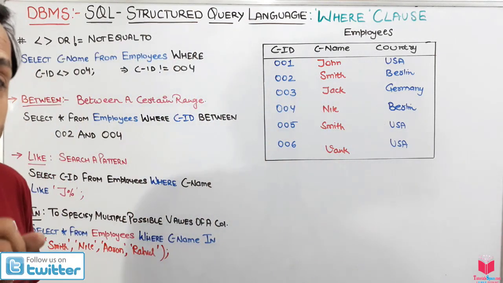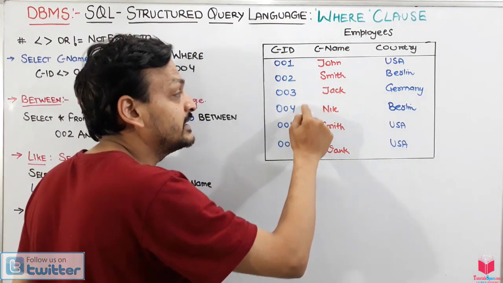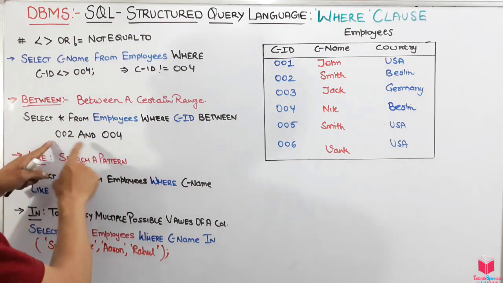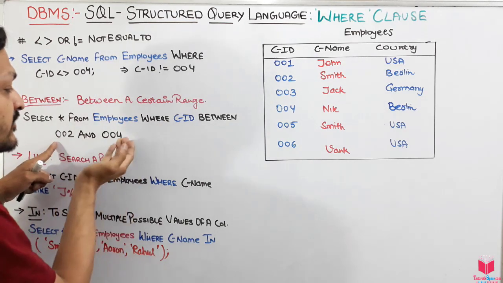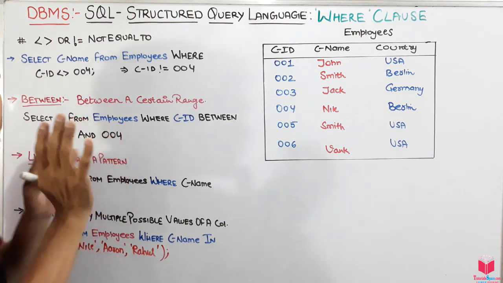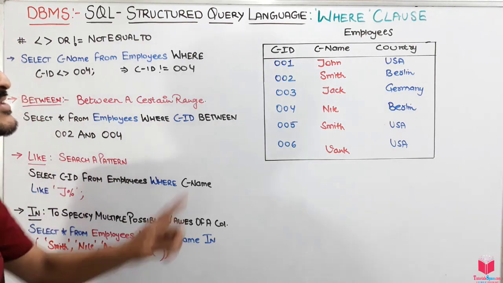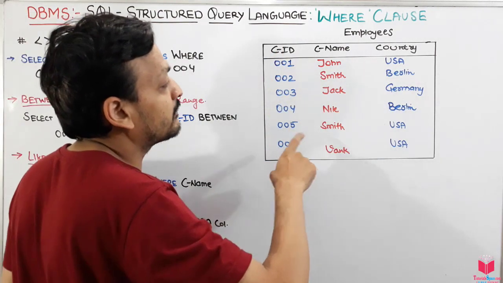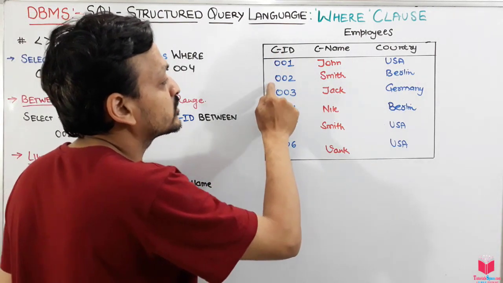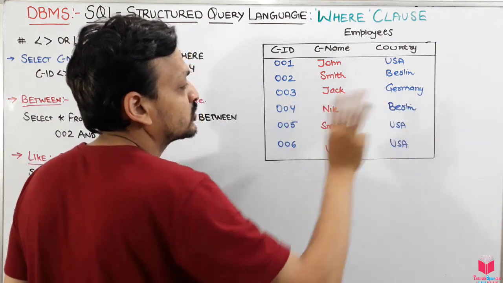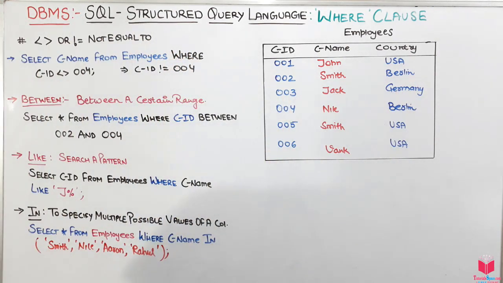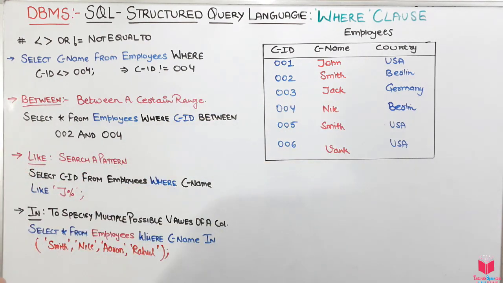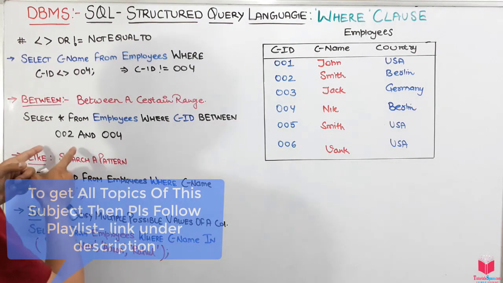No, it's not that. We have to include all these, 002 and 004 also. The range of this is 002, the values after that, and the values before that, everything. Okay, we have to select every column, so every column will come out here and we will get the tuples or the rows, this row and this row. We get only 3 rows, because it consists of 002 and the last, 004. Okay guys, so remember we have to include the first initial value and the last value.